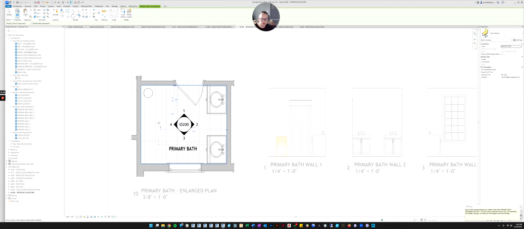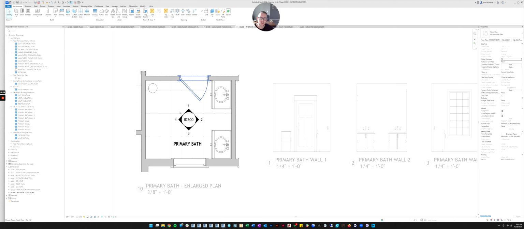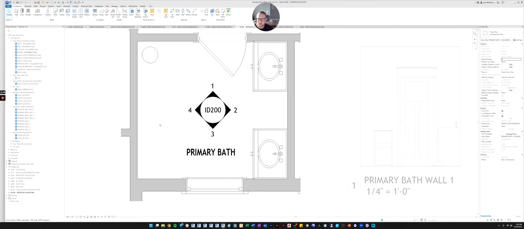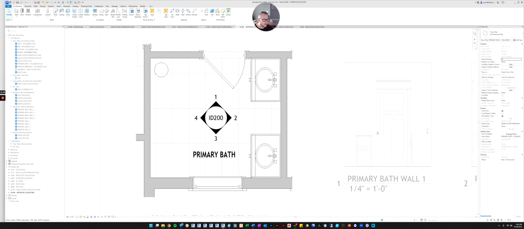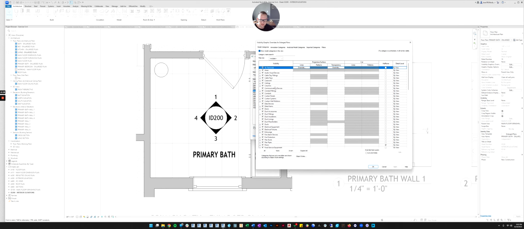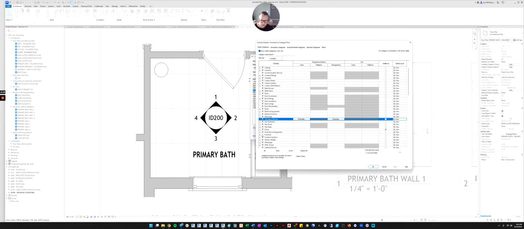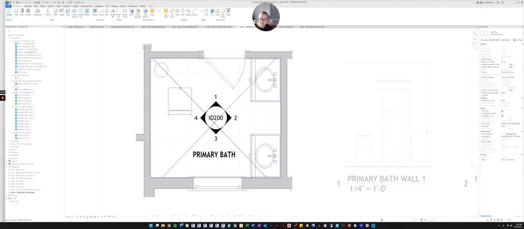If I take a chair and I place the chair, oh, this is another thing that we have shut off. We have our furniture shut off. So I placed it and that error told me that it placed it, but you can't see it. So let's go ahead and look. Again, we have to go over here, hit the view template button, and then go into the visibility graphics dialog. Let's go to the furniture and turn the furniture on. Click OK and OK. And now we can see the chair.